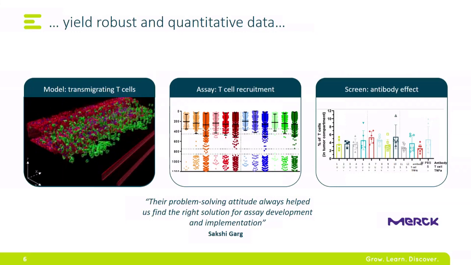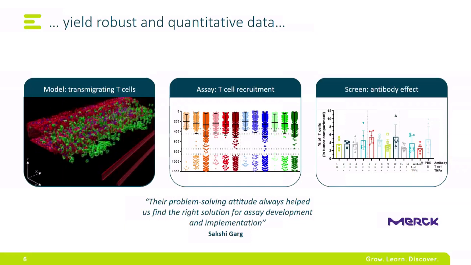So you see here in red, it's a blood vessel. Again, it has a lumen. There's flow going through the lumen of that blood vessel. It's positioned against an extracellular matrix gel. And then we administer, in this example, T cells, or it can also be monocytes, to the lumen of that blood vessel. You trigger them with the gradient of, in this example, a chemokine gradient, to undergo that diapedesis process,